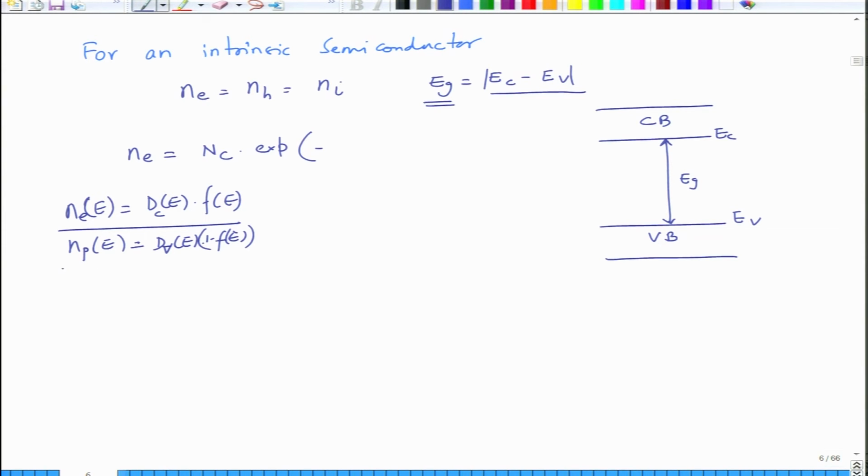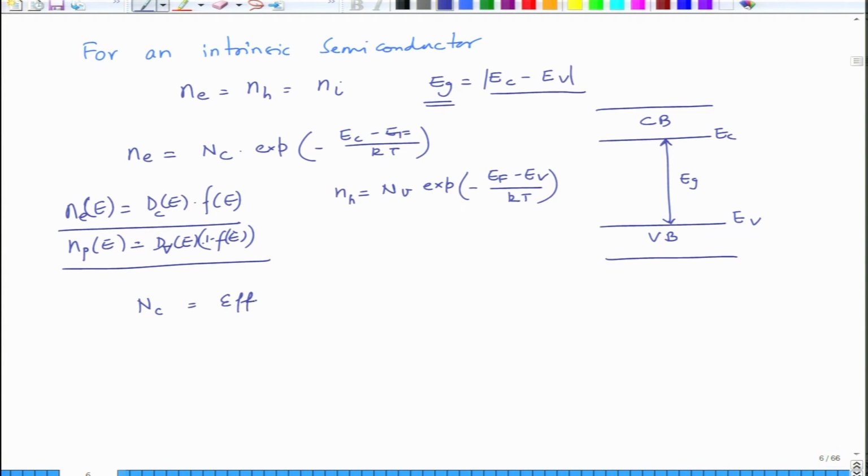So if you do that, then we get Ne is equal to Nc into exponential of minus Ec minus Ef divided by kT, and we get Nh as Nv into exponential of minus of Ef minus Ev divided by kT, where Nc is essentially effective density of states